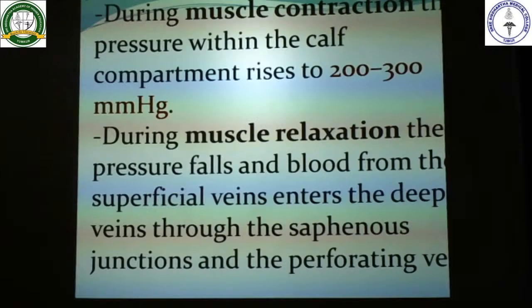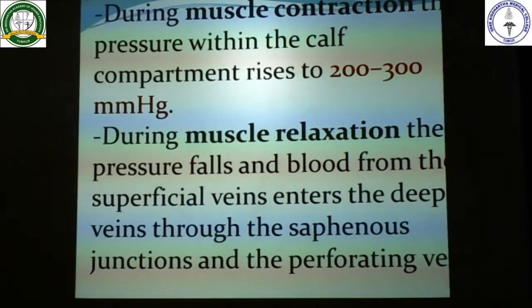What happens on standing position? It's about, as I already told, 100 millimeters of mercury. During muscle contraction, whenever you walk, the calf muscle will contract. By that time, the pressure in the venous system rises to 200 to 300 millimeters of mercury. During muscle relaxation, the pressure falls and blood from the superficial vein enters the deep veins through the subcutaneous